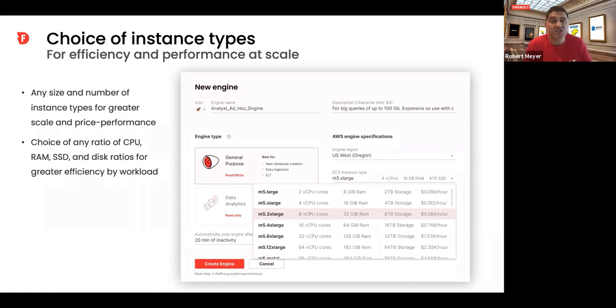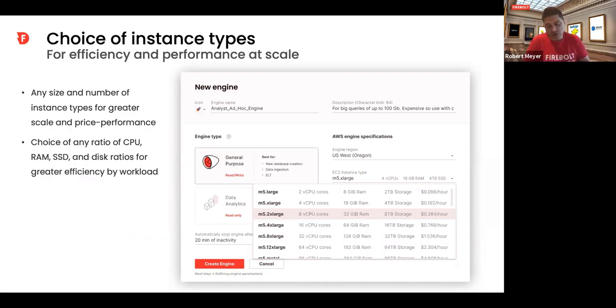Redshift gives you choice of types. There are several different sizes and shapes of infrastructure you can choose for your nodes. In the case of Snowflake, that's not true. It's a little bit like a Model T Ford. You can have whatever color you want as long as it's black.